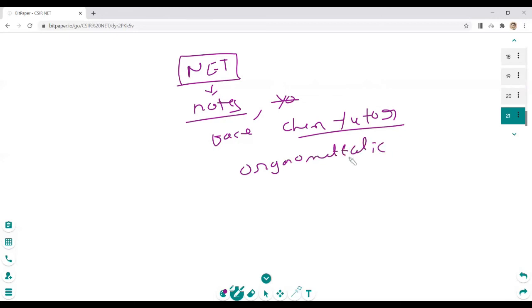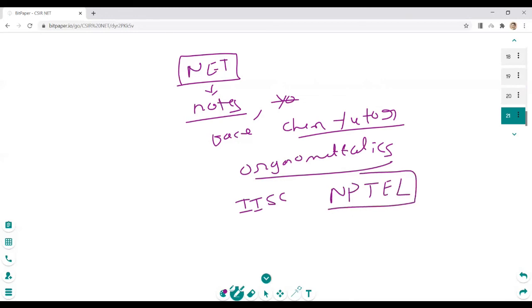Actually, I have prepared these notes from one of the IISc courses present on NPTEL. I forgot to tell you, you can visit NPTEL. It's one of the best resources for your preparation. Of course, you can get a lot of videos and online classes. I'm not saying they're bad, they're extremely good, and people are putting in great effort. But NPTEL is more about the professors who set your papers. I know a few of the professors who used to prepare these NET papers, so they will be teaching there, and that will be extremely great.